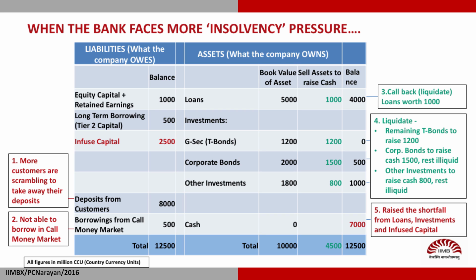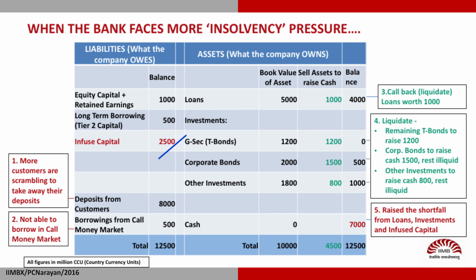Remember, the bank cannot sell any more assets because all the liquid assets have already been sold off or liquidated. And therefore, the bank now has no choice except to go out and raise an additional 2,500 currency